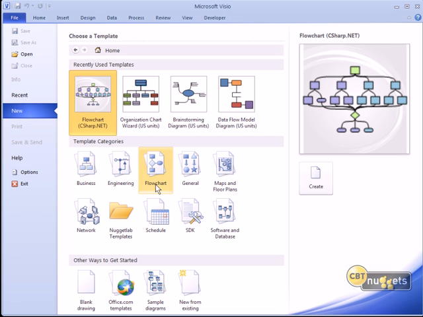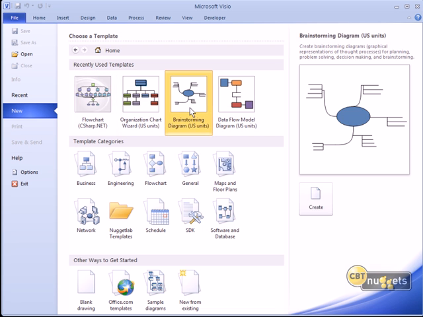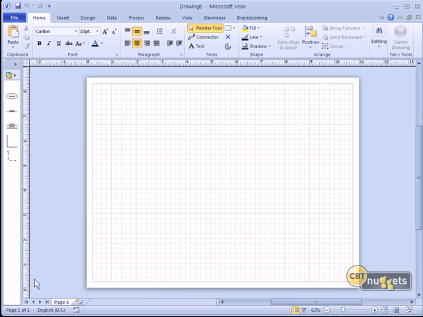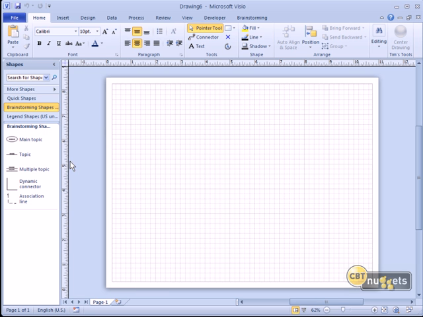We're going to build a sample drawing, again, just bringing out random shapes. It doesn't matter what's there. I'm going to select the brainstorming diagram for a specific reason, because this is an example of a Visio template that has some add-in code enabled. We'll bring out the main topic. You remember we've seen this in the past.